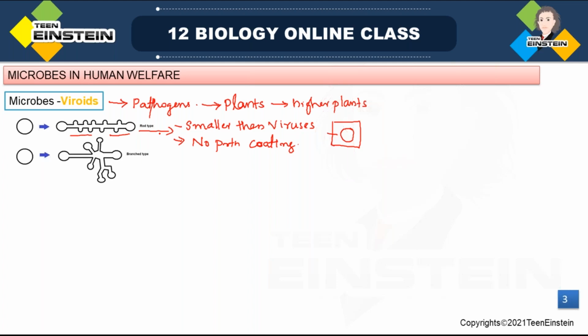So here in this picture, you can see the structure of the viroid. Actually, they don't have a structure like a virus. Just now I said they don't have a structure like a virus. They have a single-stranded RNA without a protein coat. For a virus, how will it be? The RNA or genetic material with a protein coat, you can see in a virus. But here they don't have that protein coat. They have single-stranded RNA.